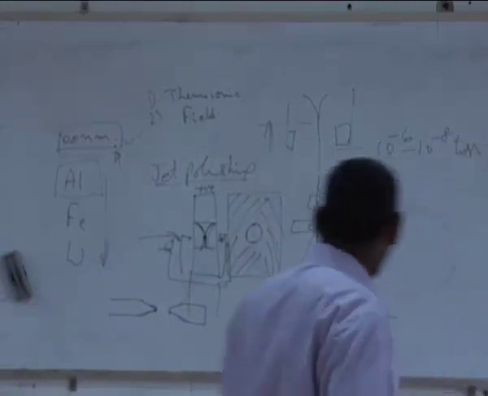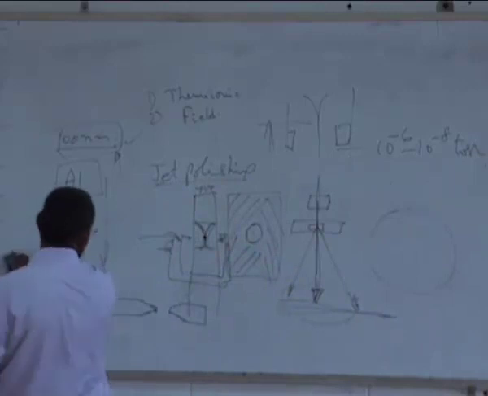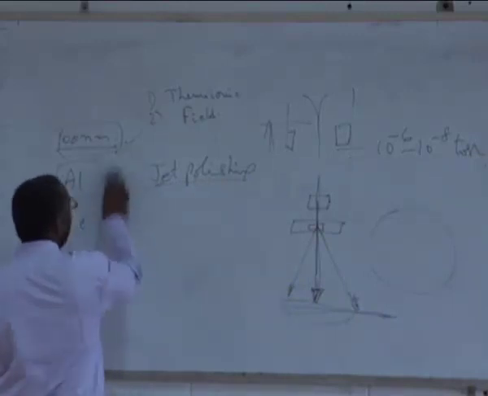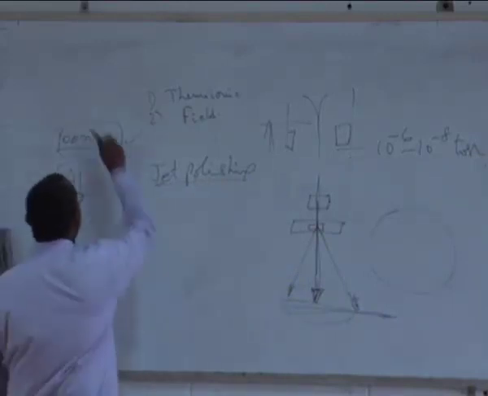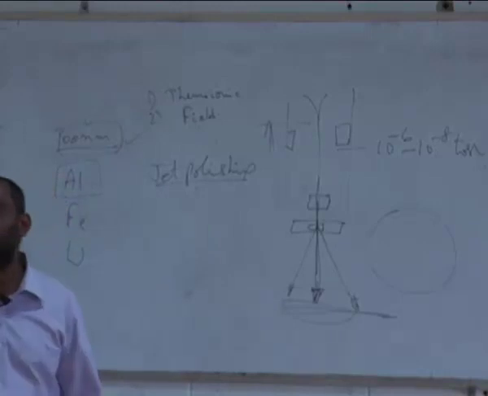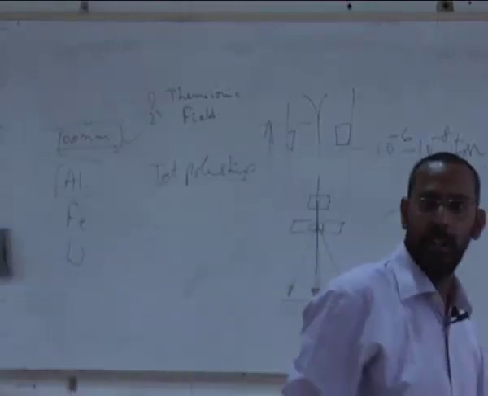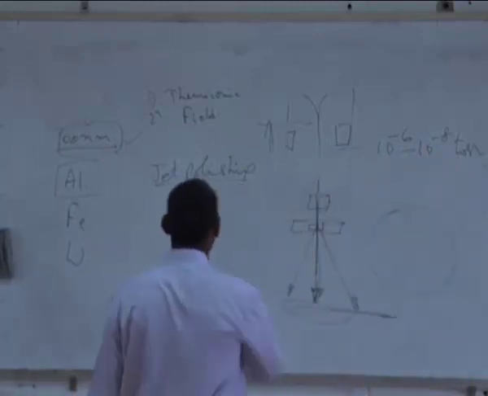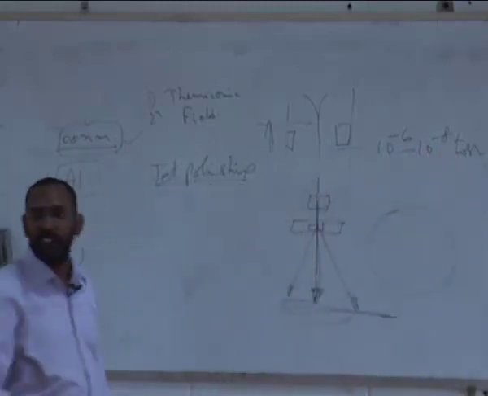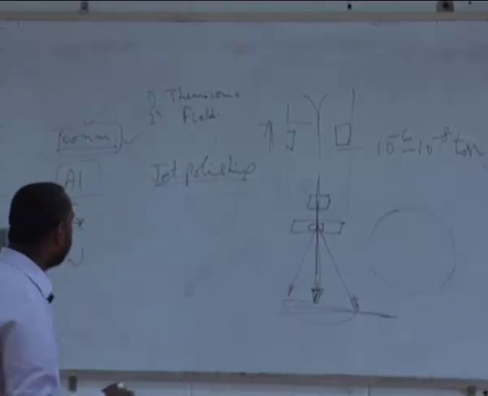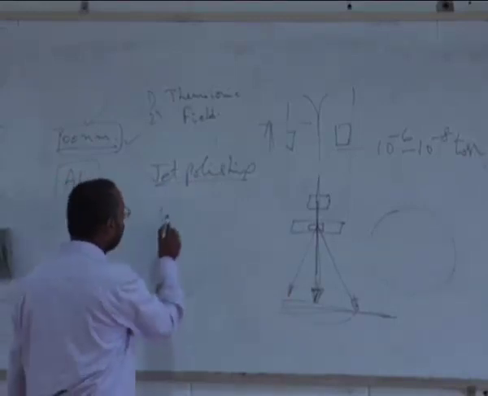That is when you need to use something else. So if it is non-conducting, at the same time my problem is I need to come to this thickness. There is no solution for me. So to reach that thickness, how do I do it? That's where we have again certain techniques that are available. One such technique is what is called ion milling.